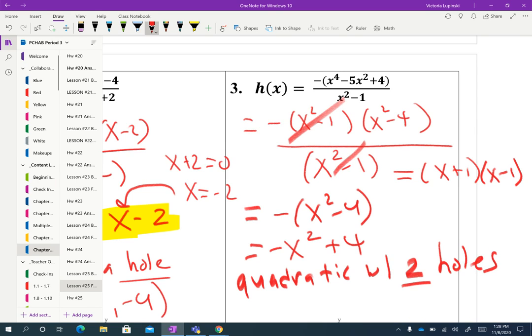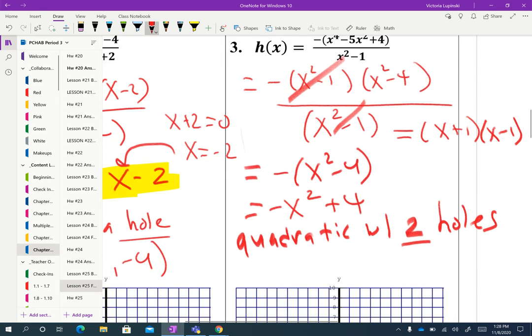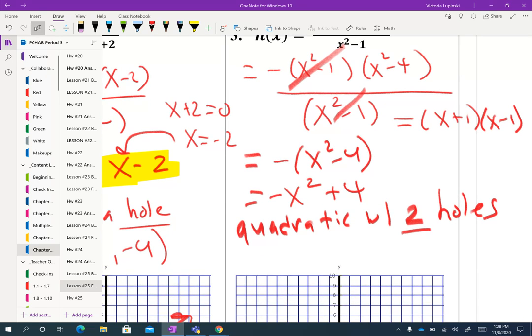So this is actually a quadratic with 2 holes. You do, of course, have to find those holes, but then in the end, you're going to graph it as a quadratic as opposed to graphing it as a rational function. So to find out where those holes are, you would look at your 2 common factors. You would set each of them equal to 0. That would give you x values of -1 and 1. You would plug both of them back into either of these forms. So -1 squared is 1, make it negative is -1, plus 4 is 3,